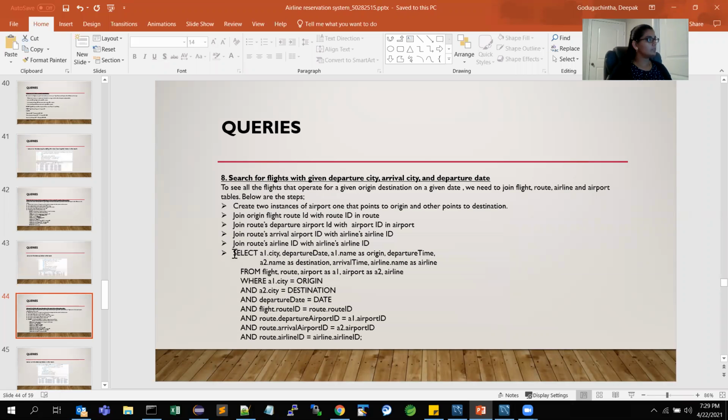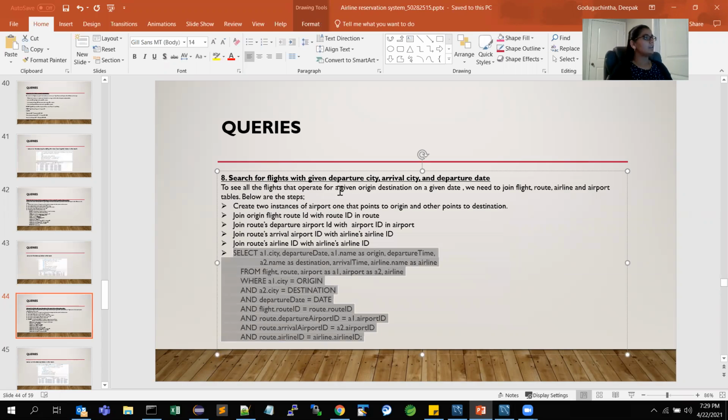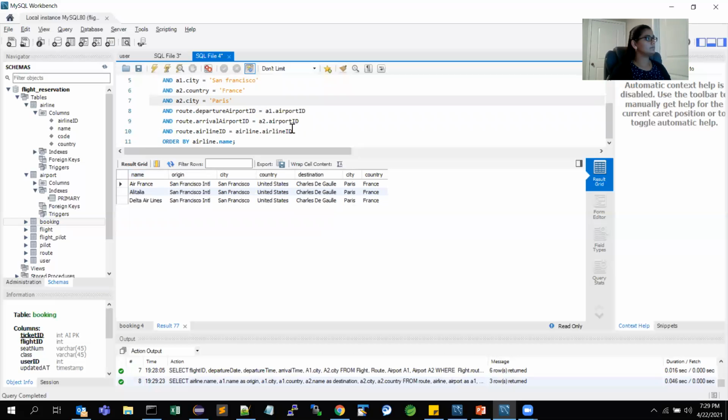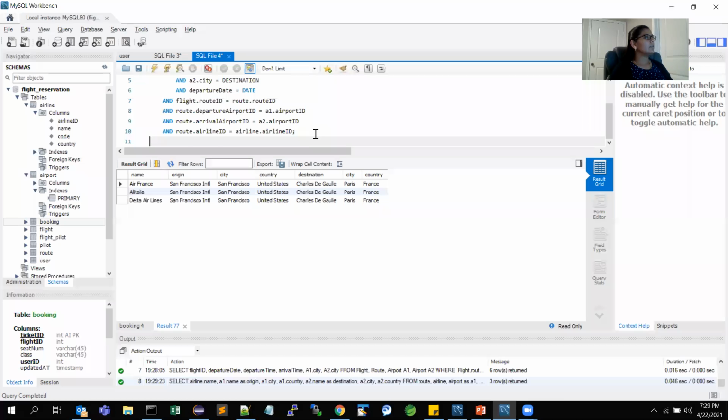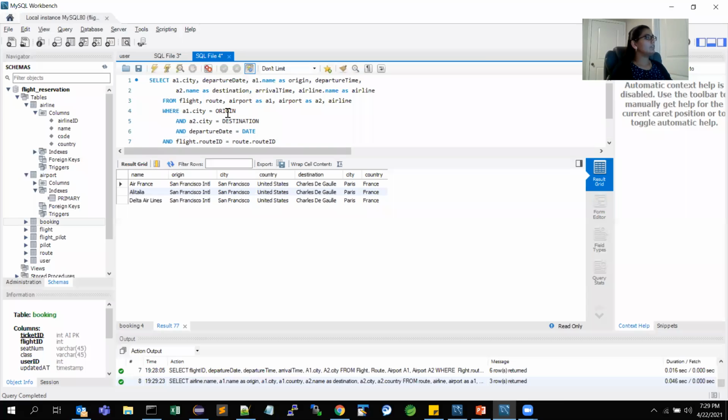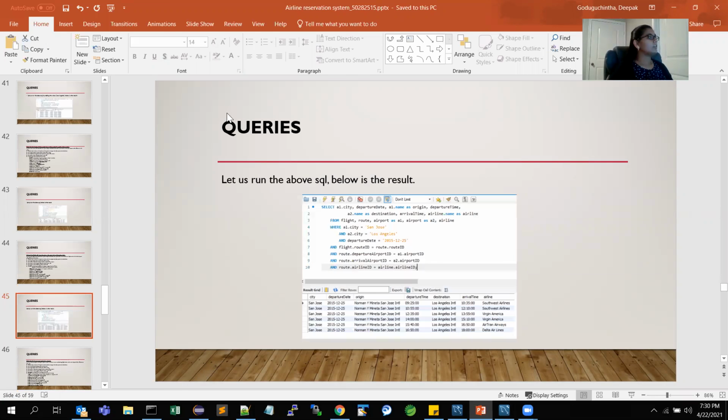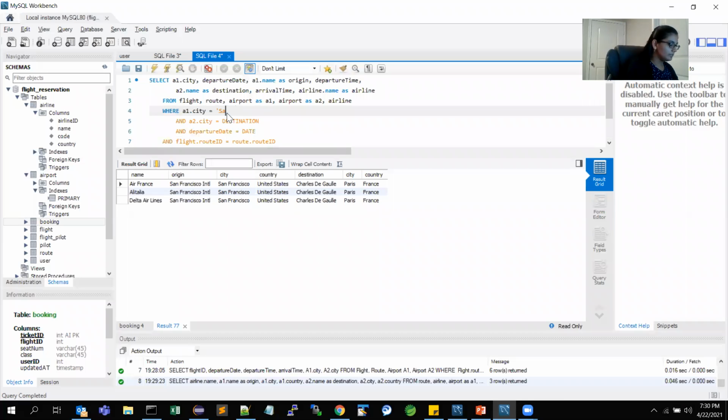The next query is to search for flights with given departure city, arrival city, and departure date. Here we give the origin as San Jose and destination as Los Angeles.